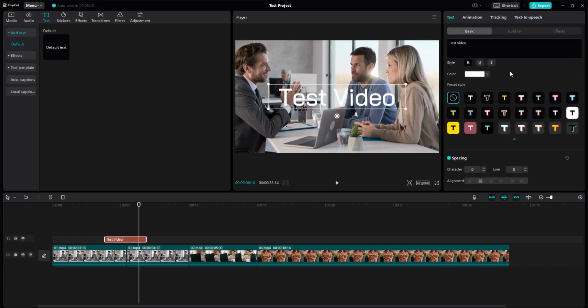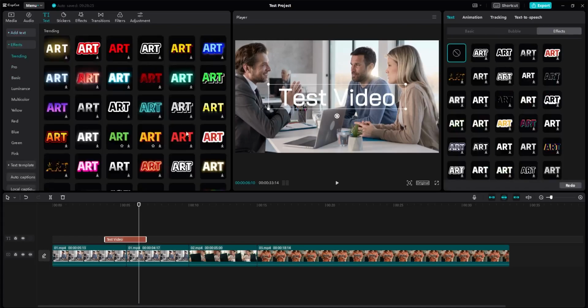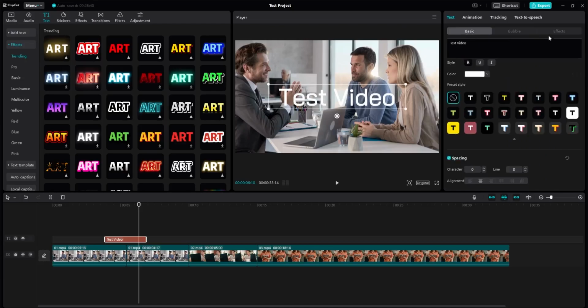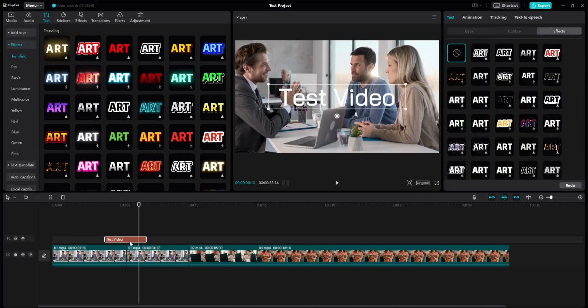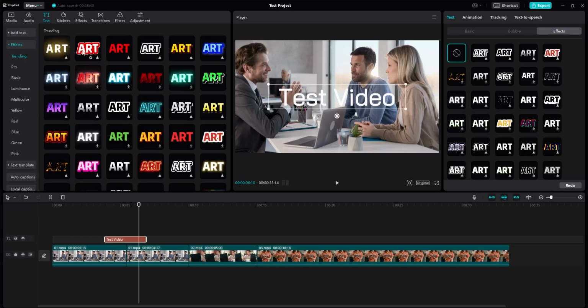So these are all the effects that you need to learn about, which we can apply to text, right over here. And these effects are also available over here. So either way, wherever you want to select or wherever you find the effect, you can simply use it. Currently this effect will be applied to your default text, which is basically this. But over here, let's say you like this red line,